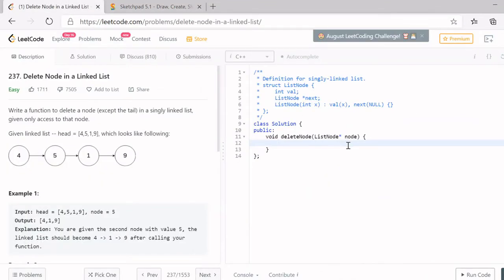The code is a very simple one and we'll be writing a recursive solution. So we'll copy the next node's data into our current data. After that, we'll check if the current node is the second last node.